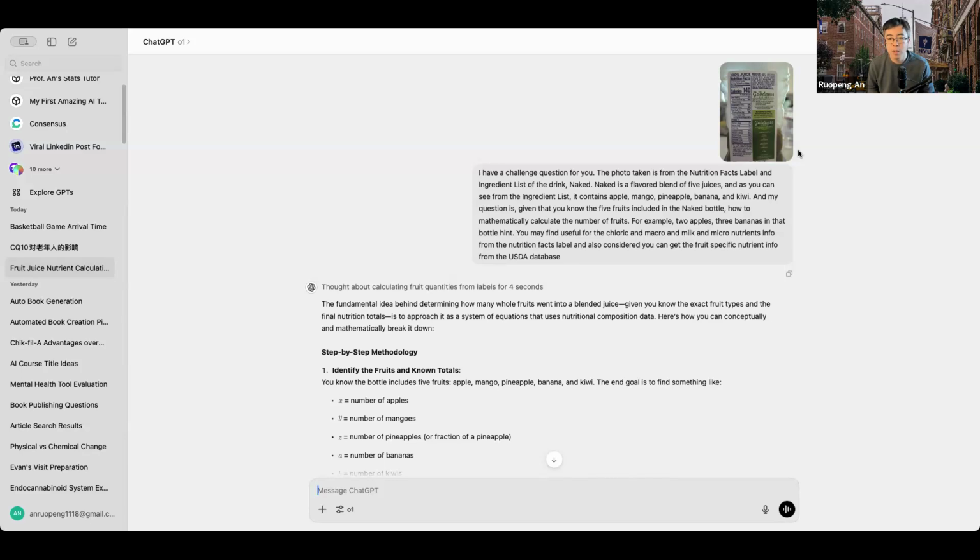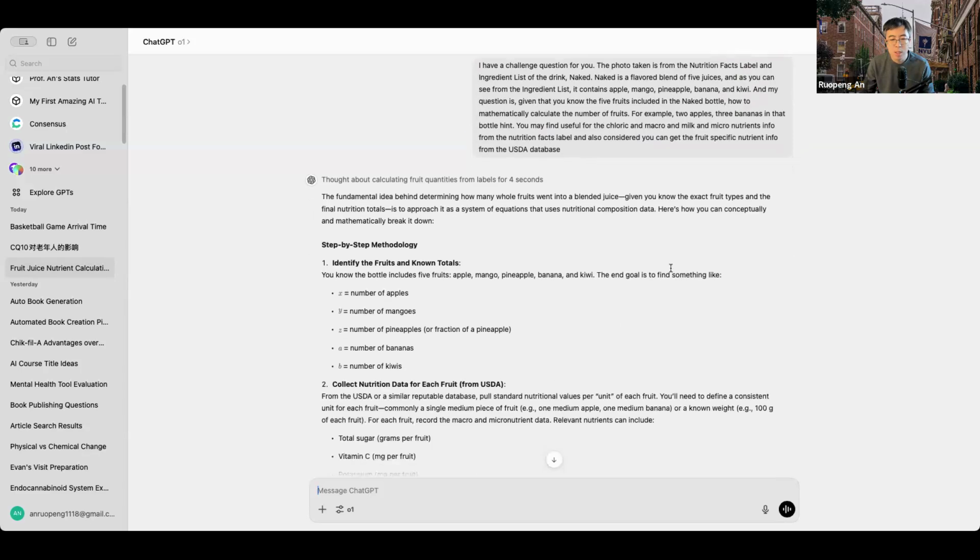Okay. And also adding to the complexity is that the fruit and vegetables are not in the original format, but they were either purified or filtered or smashed into juices.